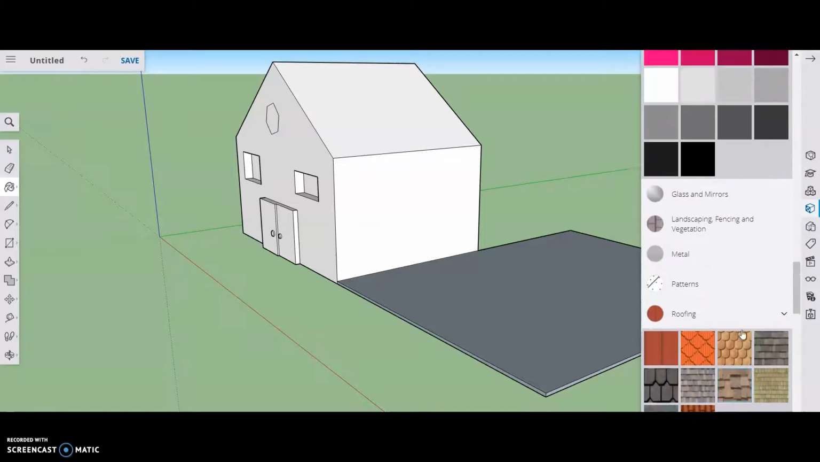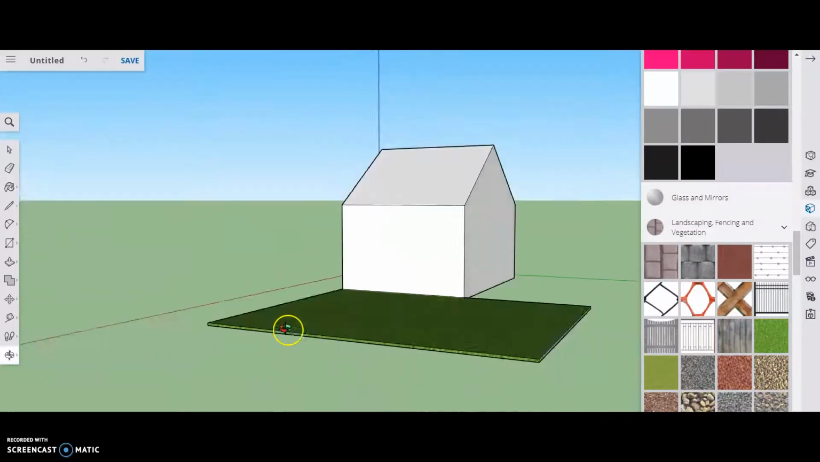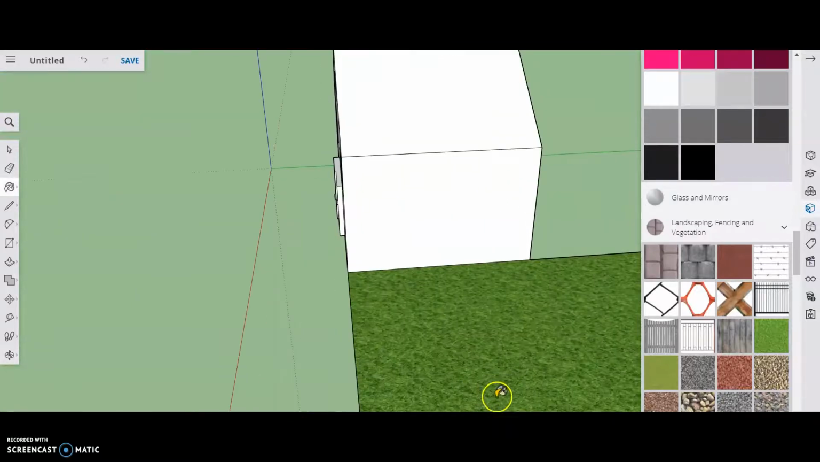It's here somewhere. Landscaping and vegetation, and I can color that in green like grass. So I've got my yard, and you can actually make fences too. So if I want a fence around my yard, okay, again I would take the box and I would draw it